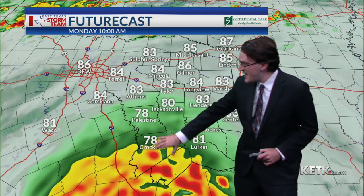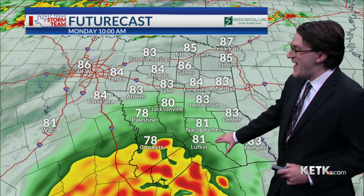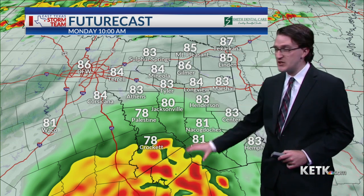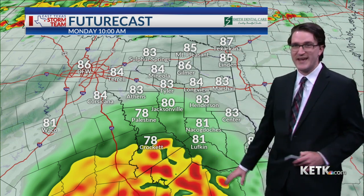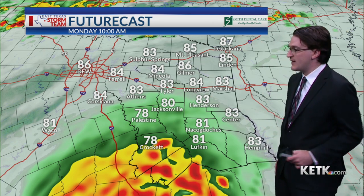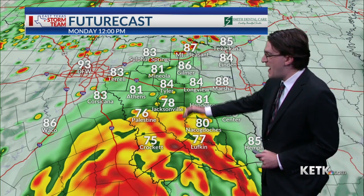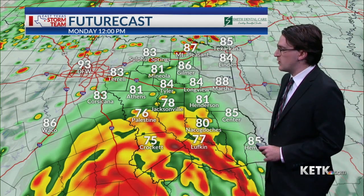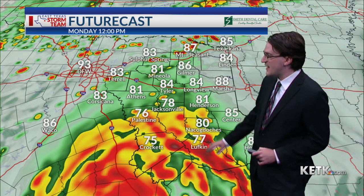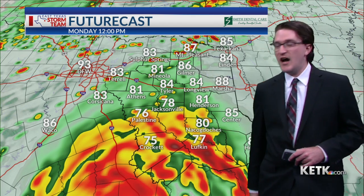You can see by 10 a.m. we're starting to see the rain really pick up out in parts of Houston, Trinity, and Angelina counties. That's where we will start to have the tropical storm force wind gusts, 40 to 50 miles per hour and maybe up to 60 miles per hour in isolated instances out in deep East Texas. We are going to see by noon very heavy rain and thunderstorms continuing to move through deep East Texas. It's the late morning and early afternoon in deep East Texas where we see the greatest chance of some flash